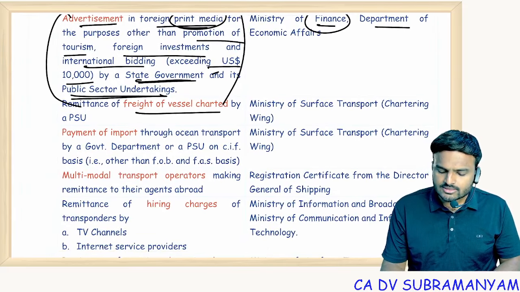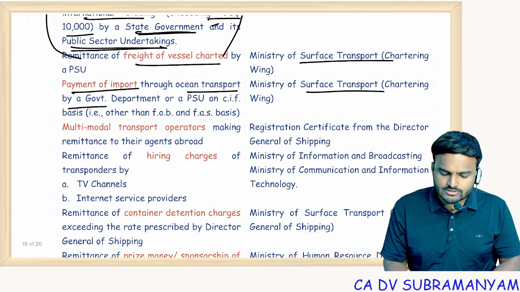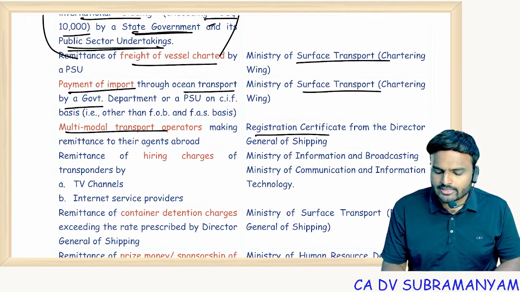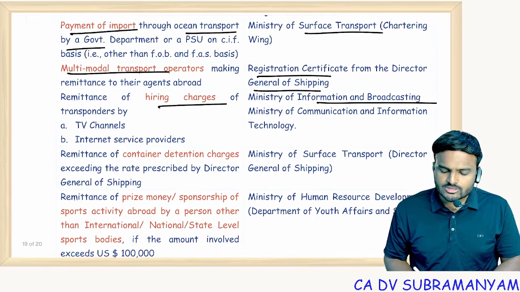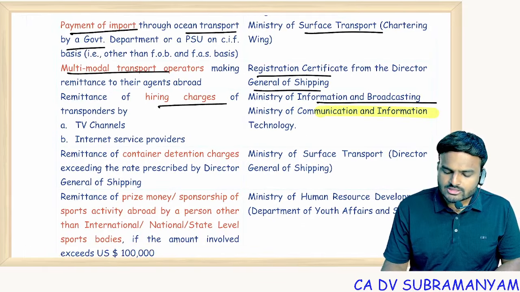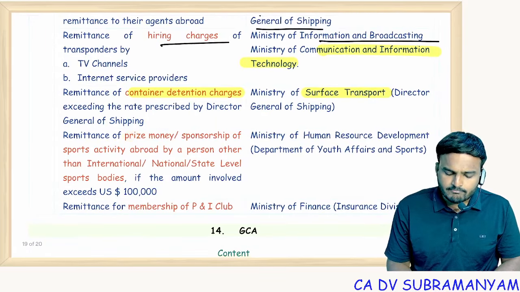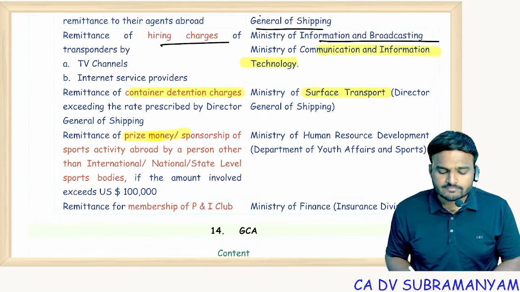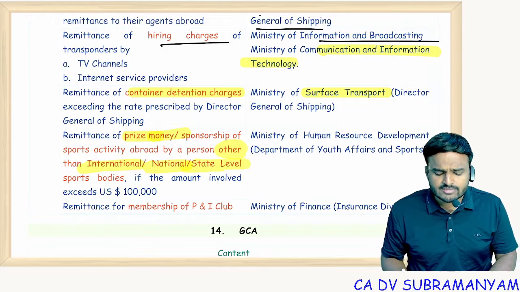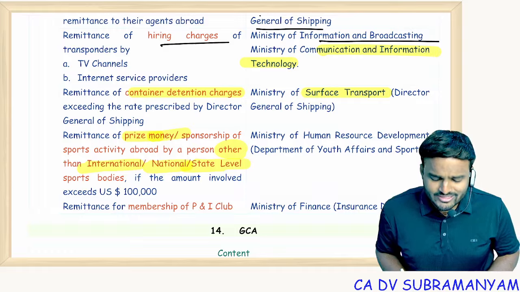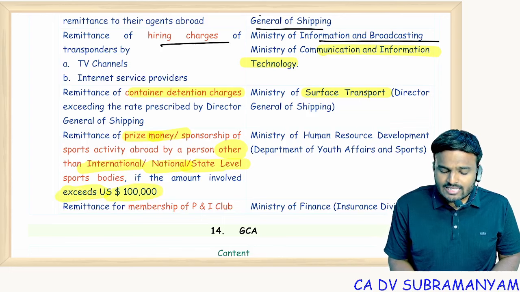Freight for vessels chartered by the PSU, Surface Transport Ministry. Payment of imports through ocean transport by a government, Ministry of Surface Transport. Multimodal transport operators, registration certificate from the Director General of Shipping. Hiring charges, Ministry of Information and Broadcasting, Ministry of Communication and Information Technology. Remittance of container detention charges, Ministry of Surface Transport. Prize money is also another point. Who is making payment? Other than ICC, BCCI, Tamil Nadu State Board, other than International Board, National Board, State Board, if the amount paid exceeds $1 lakh,